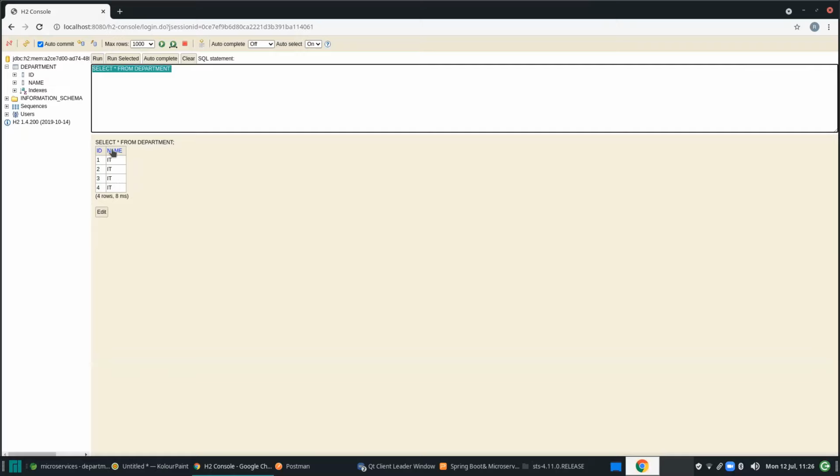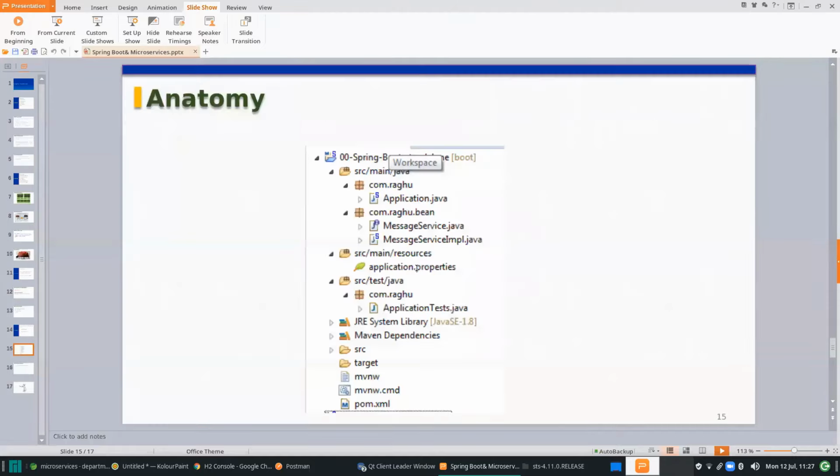So in this way, we can create production level applications with minimal configurations. See, that's how you will create Spring Boot applications. Now you can run your application outside of your Eclipse by using the jar command, so that we can check later.